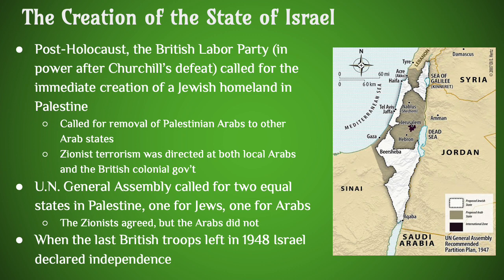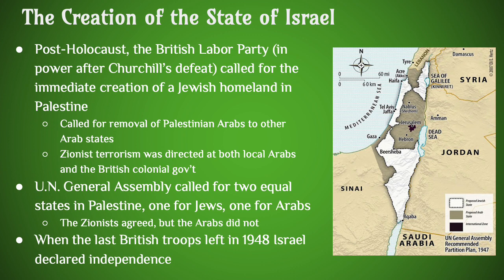They didn't really think of the Arab peoples as being distinct on a national level, meaning that they didn't notice or recognize any distinctions between the Arabs who lived in Syria, the Arabs who lived in Jordan, the Arabs who lived in Palestine. Now, there were, but this is just the British view of things. And so they called for just moving the Palestinian Arabs into one of those other countries, despite the fact that these people had lived on that land for 2,000 years.